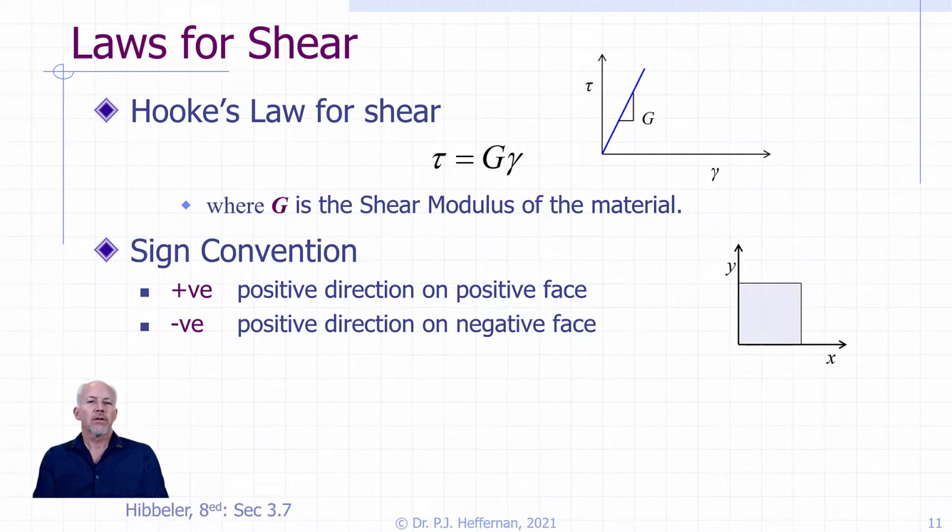And so we have to look at 2 things. We have to look at the face that they're on, and we have to look at the direction they're going in. Much like multiplication in mathematics, if we have 2 negatives, they will multiply to be a positive. If we have a positive and a negative come together, they will be a negative. If we have 2 positives come together, it'll be a positive. So if I show on this diagram, I'm showing the positive faces and the negative faces,